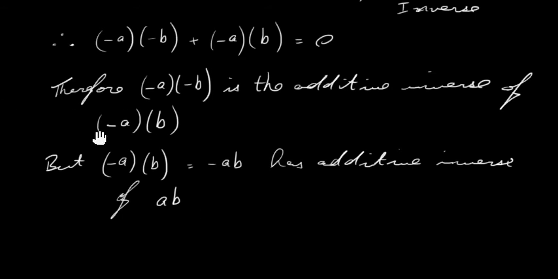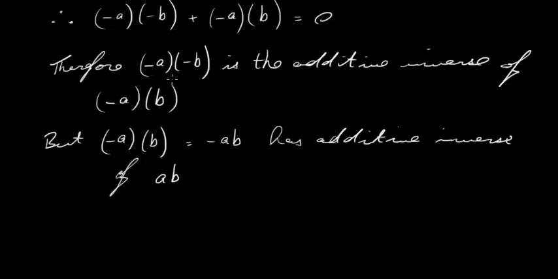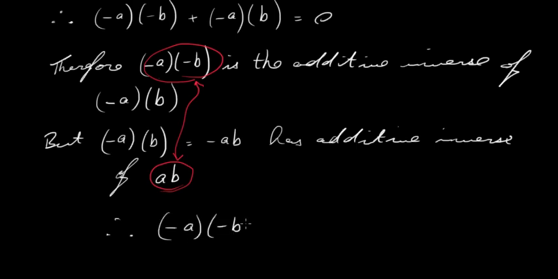So again, if minus a times minus b is the additive inverse of minus a times plus b, and the additive inverse of minus a times plus b is ab, then this here must be equal to this here. If this is the additive inverse of this, and this is the additive inverse of this, then these two here must be equal. So we'll just write that down. Therefore, minus a times minus b is equal to ab,